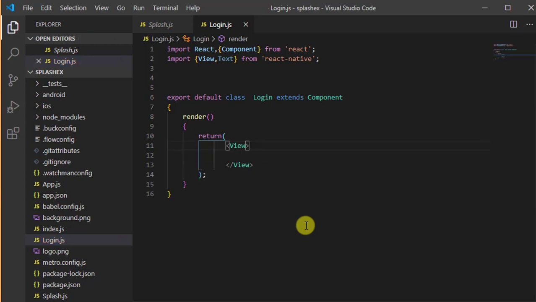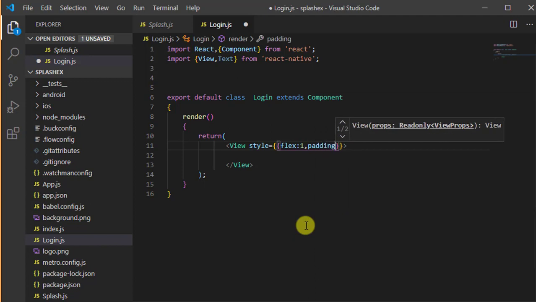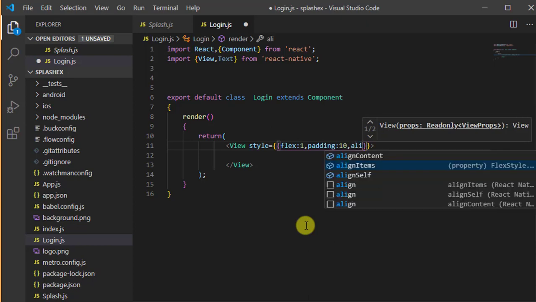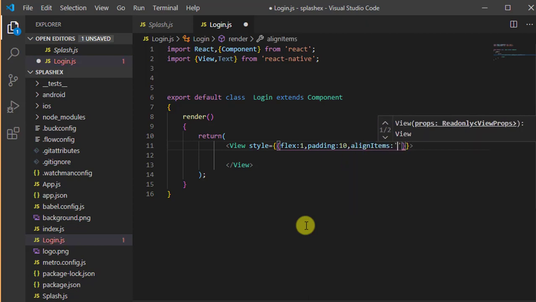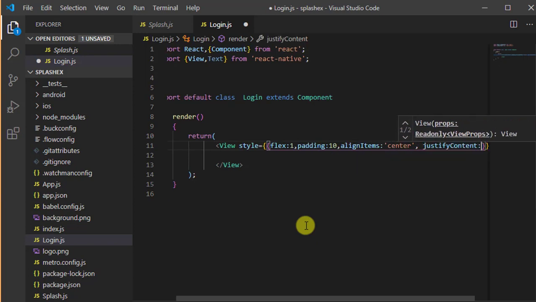Now we have to set some style related properties of view component, style equal to, inside double curly bracket we have to set some properties like flex: 1, comma, padding: 10, comma, alignItems inside single quotes center, comma, justifyContent center.